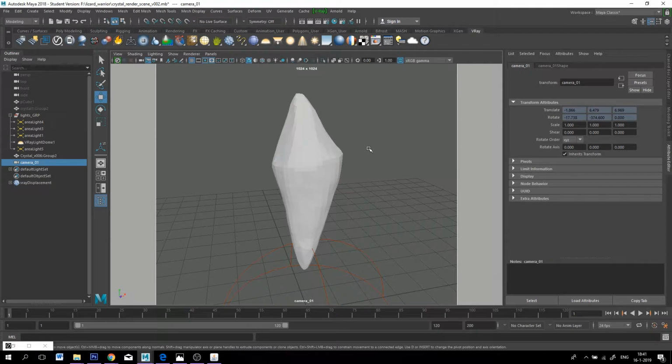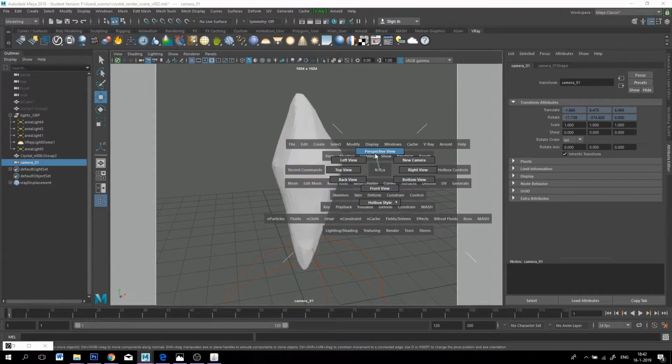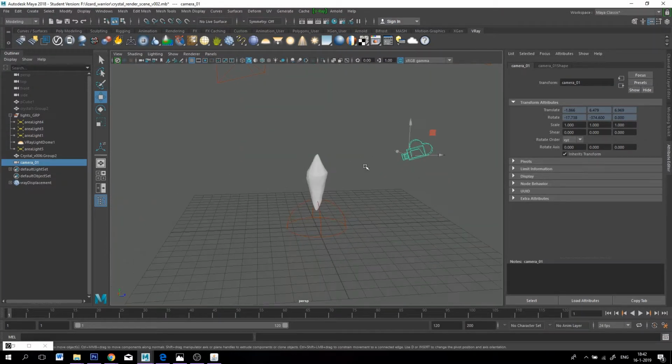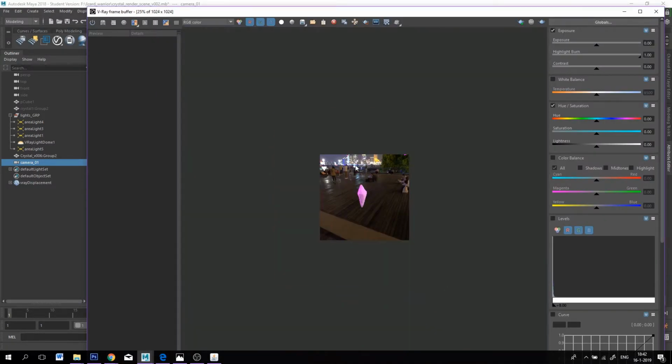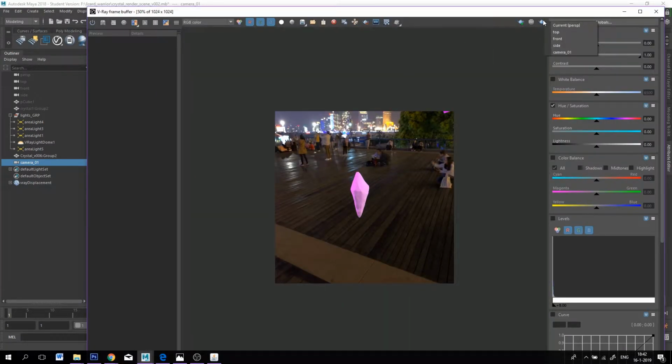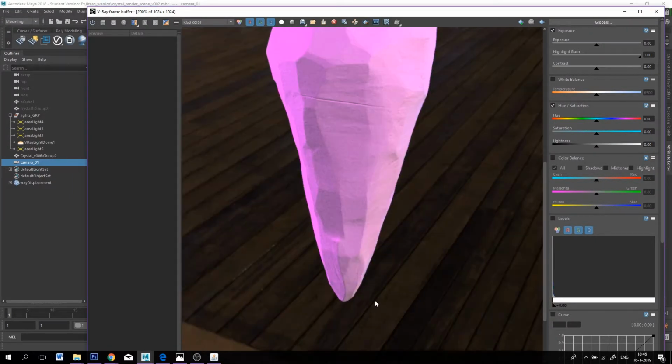If we now go into perspective mode by pressing space and right mouse click, we want to go to perspective. You can see that we made a camera right here, and let's see how the render is going to go. Let's press this, and we want to press camera 01, so it's going to render from that camera and not from this perspective mode. Let's see. It is done, and look, we got a better placement of the crystal, and you can see it really works. The displacement